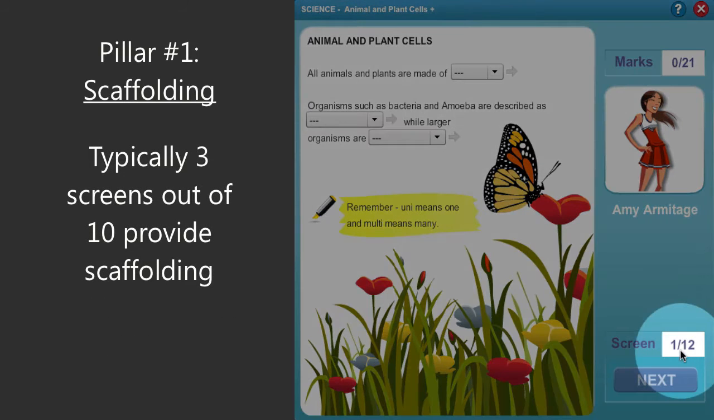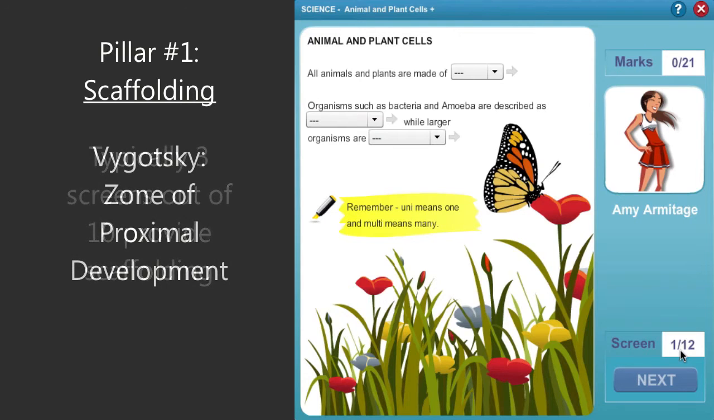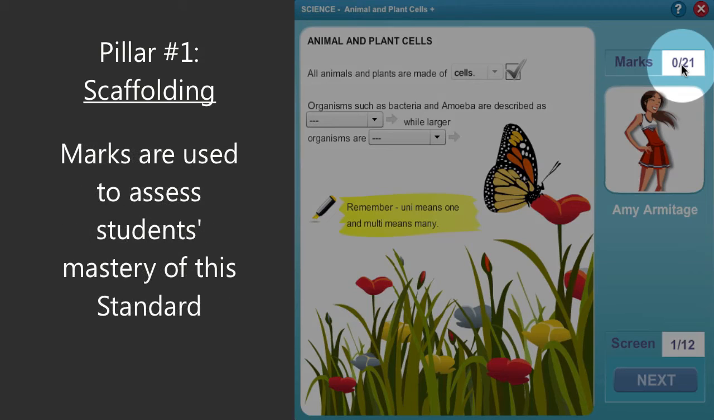This is screen 1 of 12. Here scaffolding is used to remind students of the key scientific terms needed to complete the activity, putting students in what Vygotsky termed the zone of proximal development. Students are encouraged to try again when they get answers wrong, but marks are awarded only when they answer correctly on their first attempt. Note there are 21 marks available in this activity, which are used to assess students' mastery